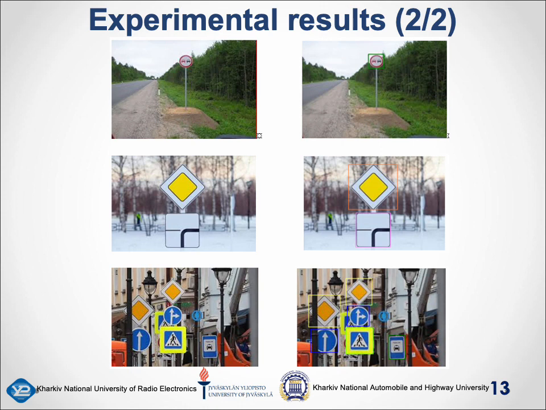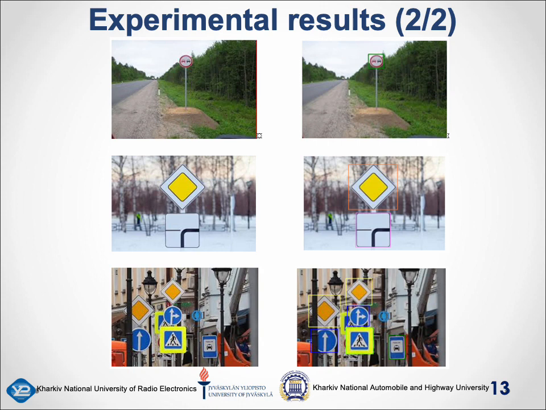Considered is an example of testing the work of Mask RCNN on recognition of traffic signs on random images. Here the slide shows examples of original images of objects with traffic signs on the left side and examples of images processed by the Mask RCNN network on the right side. From the given examples, it can be seen that Mask RCNN, based on trained classes, finds and processes several traffic signs in the image. This allows you to expand the number of classes and objects for recognition and improve the quality of image processing with Mask RCNN.